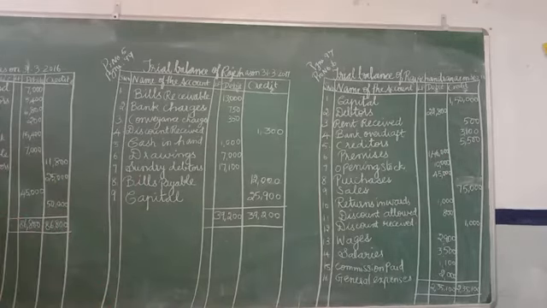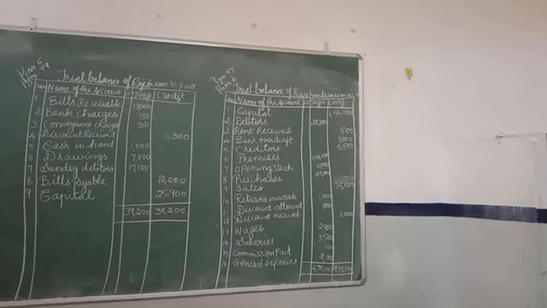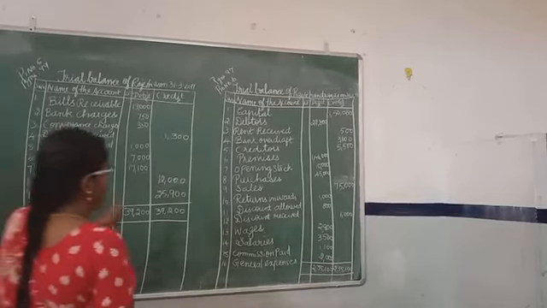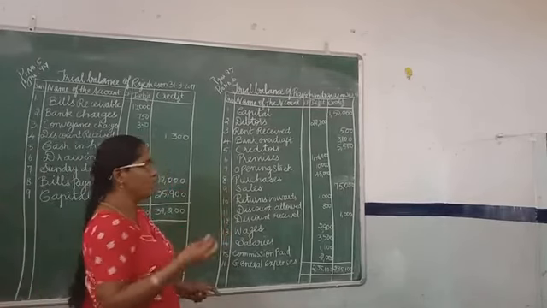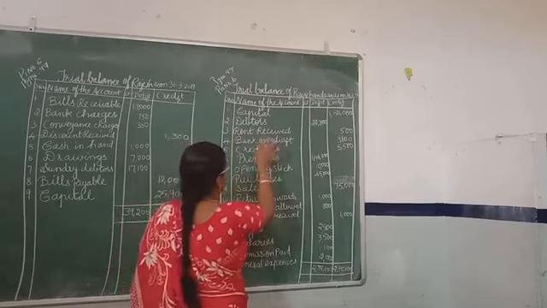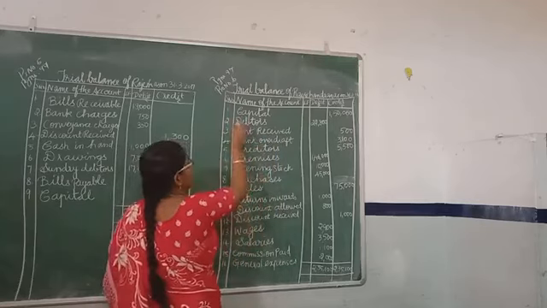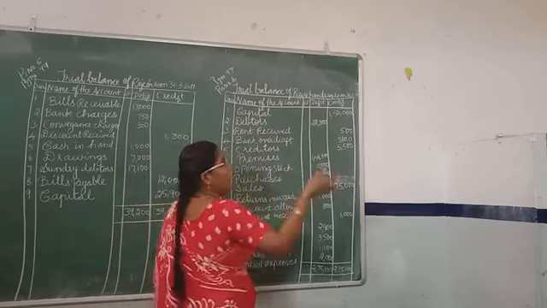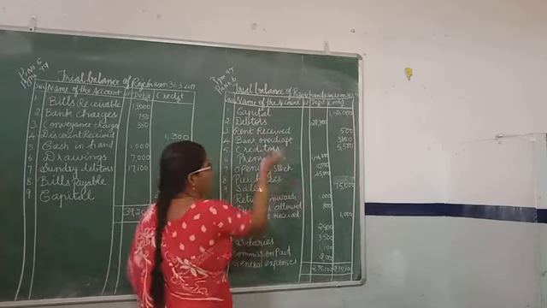Then let us move on to problem number 6. Girls, are you clear? Will you be able to do the sum? Then problem number 6 also, go through the sum. These are all the accounts they have given. What I did, I have gone through the sum. As per the order, as per the format, I have segregated.